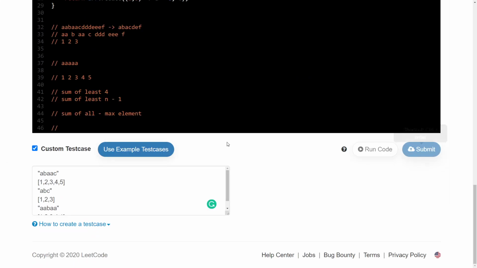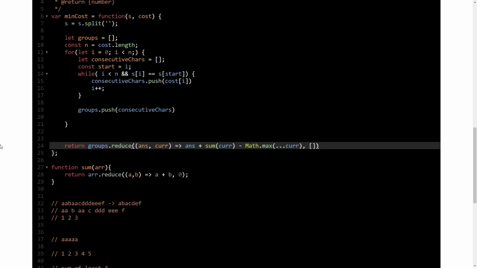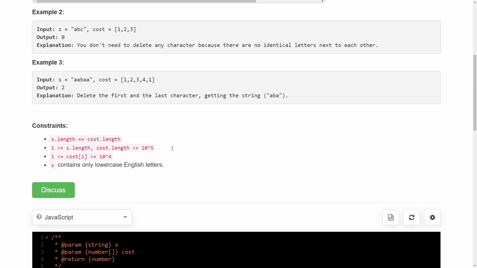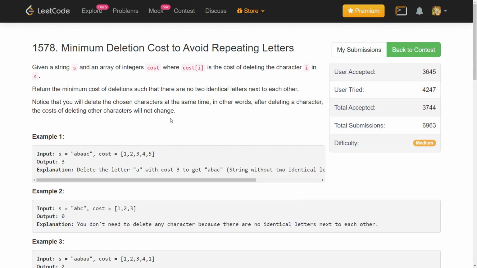So I'll just try to submit it. So yeah, this is just for JavaScript developers, and you can also put this sum function here, but that will be too much. So yeah, this is question number 3rd, I think.